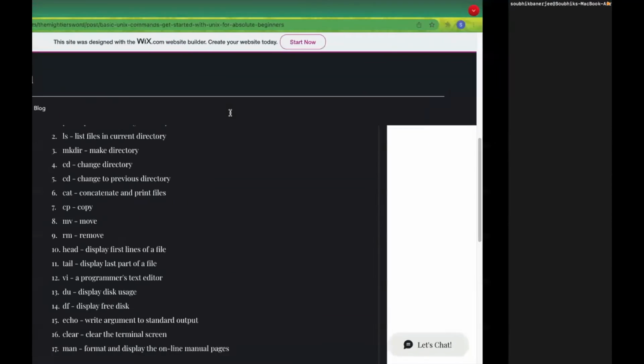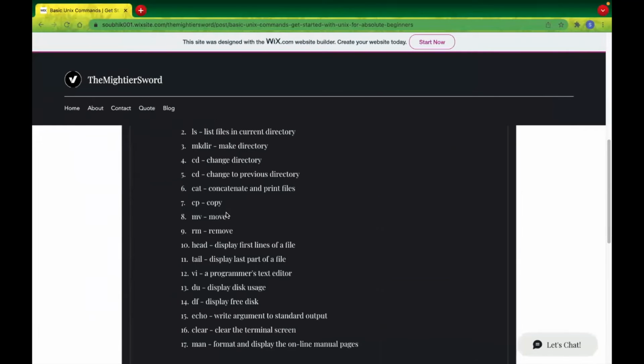So now what we will do is we will create a file. So here we come to our next command, that is cat, right? So what cat does, it's concatenate and print files. So how do I create a file? For example, I will create a file abc. So I will just write cat and I'll give the greater than sign, which means a concatenation operator in Unix,